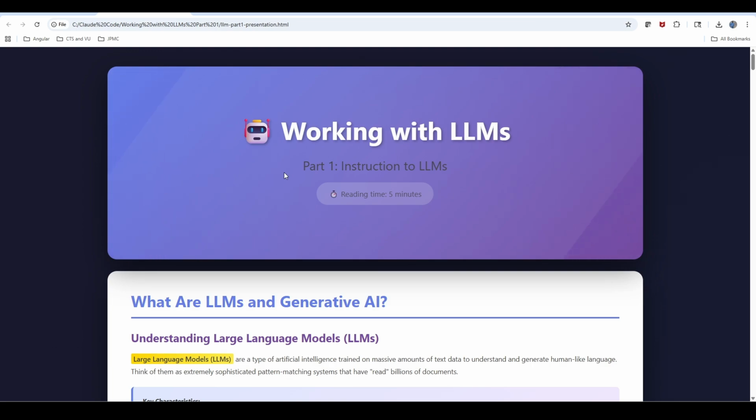Currently, I'm exploring lots of topics on AI related stuff, especially generative AI and LLMs. As part of my learning, I would like to share whatever I learn and what I'm going to learn. I wanted to share in such a way that you can learn and experience what I experienced.